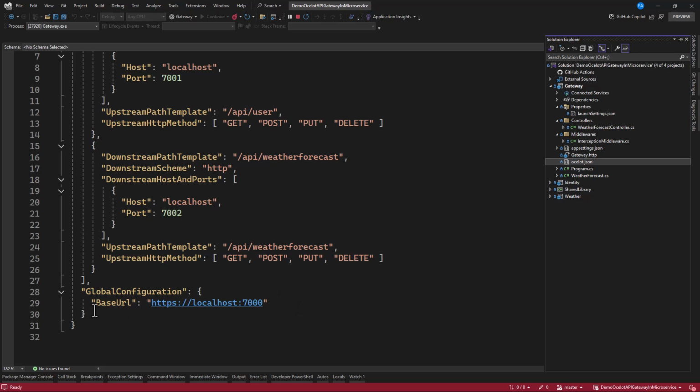Aside from that, we created a base URL which will be accessed by the client, and then we have our upstream which also will be accessed by the client, and we have a downstream which is going to be accessed by the Ocelot API gateway. If you want to actually understand this well, check the video description and watch the previous videos.